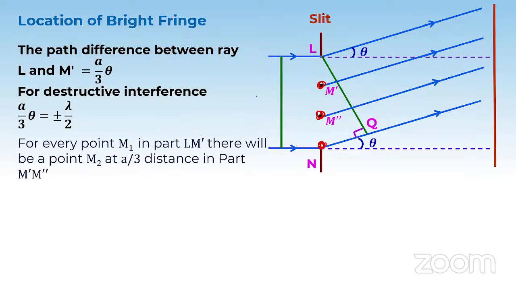ठीक है, so जैसा पिछली डेफिनेशन में हमने पढ़ा था कि फॉर एवरी पॉइंट M1 in part L M dash, there will be a point M2 at a by 3 distance in part M dash M double dash. तो यहाँ से अगर मैं पॉइंट कंसिडर करूंगा a by 3 डिस्टेंस पे, तो यहाँ से भी a by 3 डिस्टेंस पे एक पॉइंट, सेम पॉइंट कंसिडर मैं कर सकता हूँ, जो कि दोनों क्या करेंगे, डिस्ट्रक्टिव इंटरफेरेंस इन द प्रीवियस केस. ठीक है,